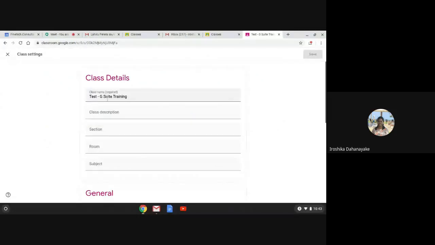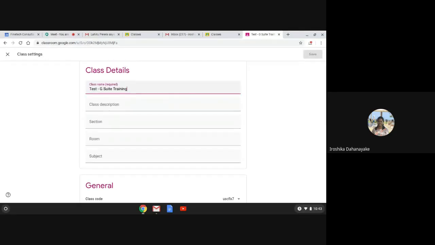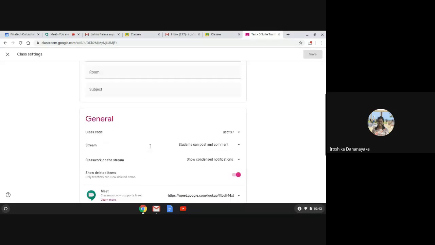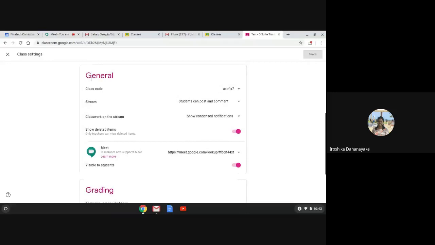Basically, there will be class details available here. If you are managing multiple classes, you can add class description, sections, rooms, and subjects as well. For now, I have just given the name only. Likewise, you can change the class details, basic details here. And in the general settings panel, you have the class code available there. If you need to copy the class code, reset the class code, or even disable the class code, you can